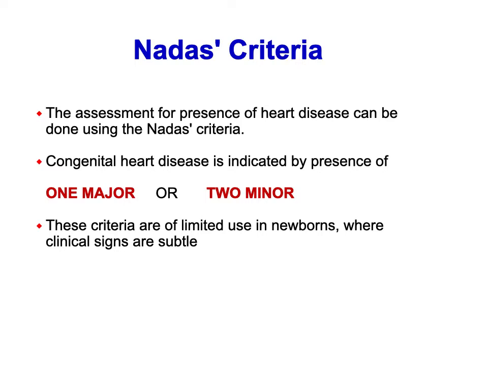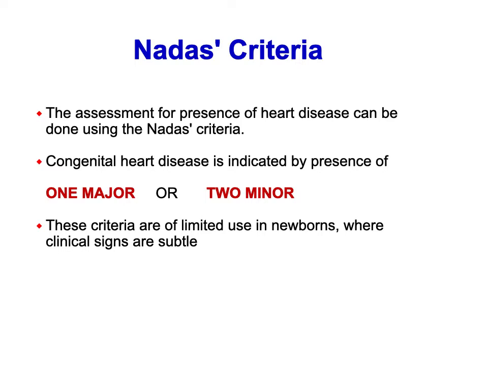limited use for newborns where clinical signs are subtle. A child may present with congenital heart disease in infant or newborn age with only tachypnea as the only feature, or the child is not growing well, is a frequent feeder, crying incessantly, which may be the only clinical sign of hypoxemia resulting from congenital heart disease in small children.